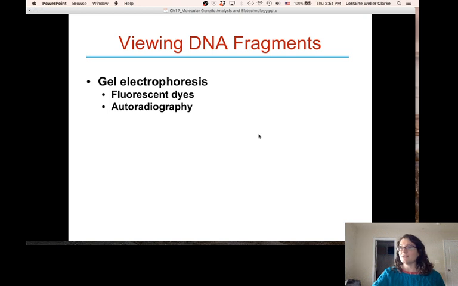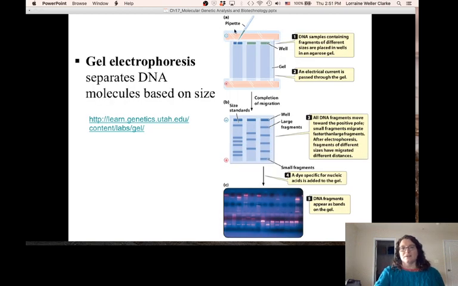So again, this is another piece that was done in lab. This was Bio 1140 lab, chopping up plasmids and DNA bits, and then viewing them through gel electrophoresis. These fluorescent dyes. Basic idea is that DNA samples containing fragments of different sizes are placed in wells in an agarose gel. You put the current through it, and you get these fragments. Okay, large fragments travel slower, small ones travel faster, and you have this banding. Okay,